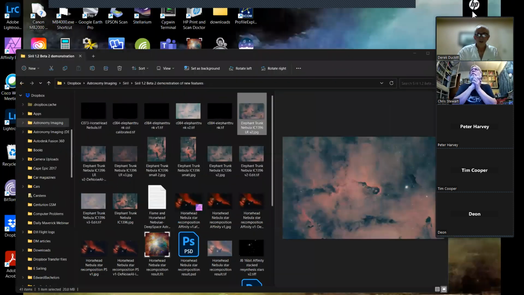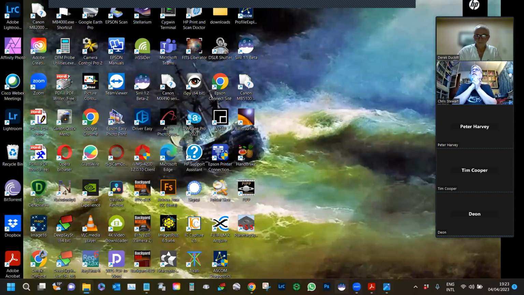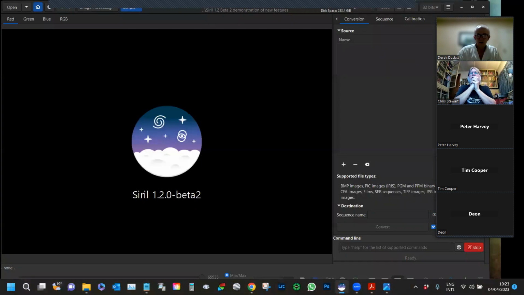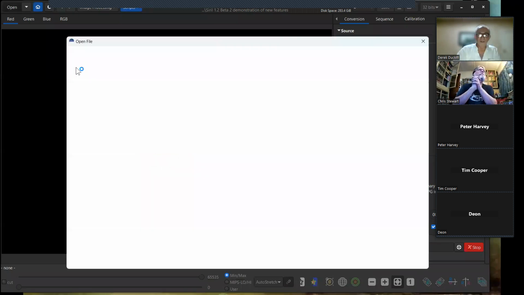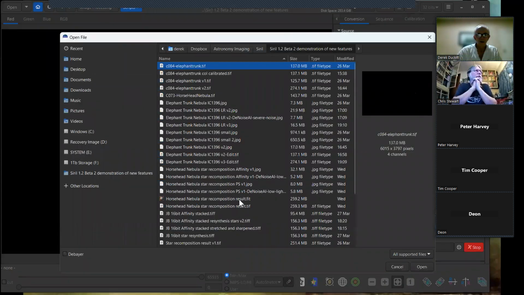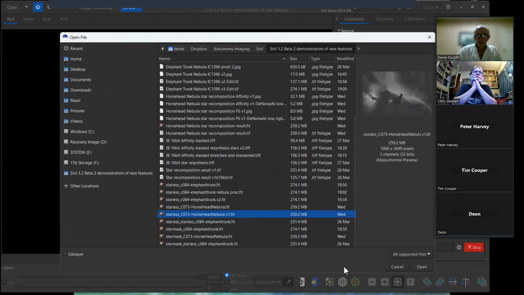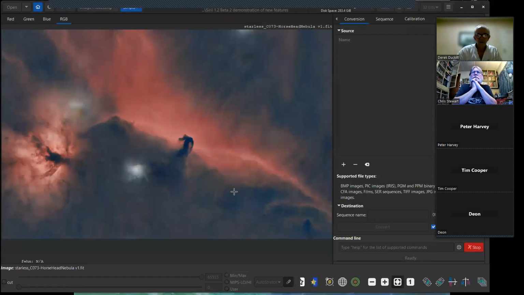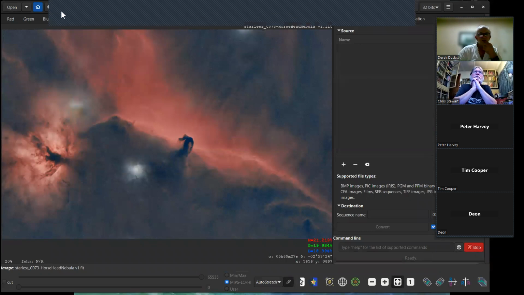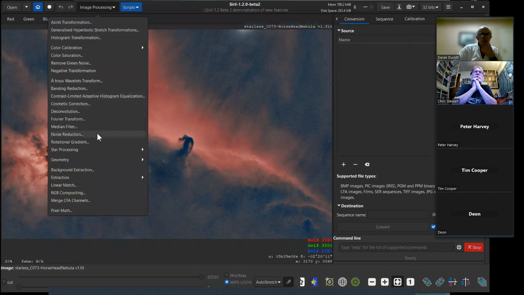I just want to show you something else. I just want to open up Siril again. If it opens, come on. There we go. Let's open, say, just one of the nebulosity starless images. Let's take this one. Right, then there's a thing called, this is not a good example, I think, but we'll just try it. There's another thing here called,